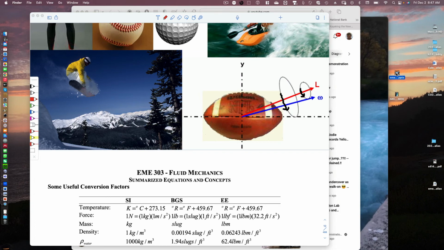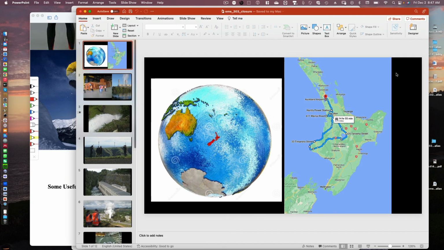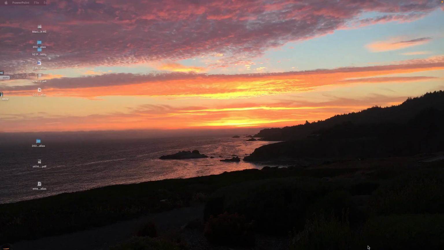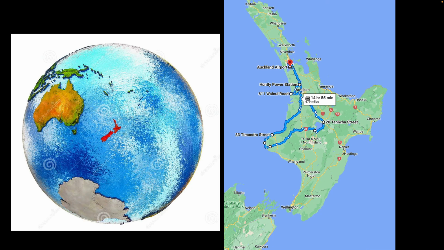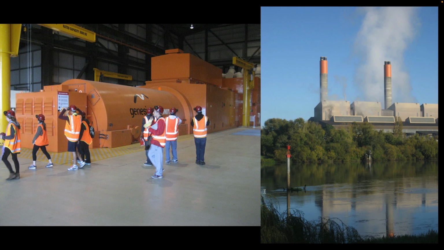So the other thing that I put together last night was a little PowerPoint presentation of this thing that we go on. I guess that's the wrong... Oh, no, that's the right thing. So we have this trip, I don't know, we have a dozen people signed up. So a lot of this, you know, we talked about fluid mechanics, but fluid mechanics also is a big thing in energy production. And so we have this trip to New Zealand to go and look at some energy sites. And we visit